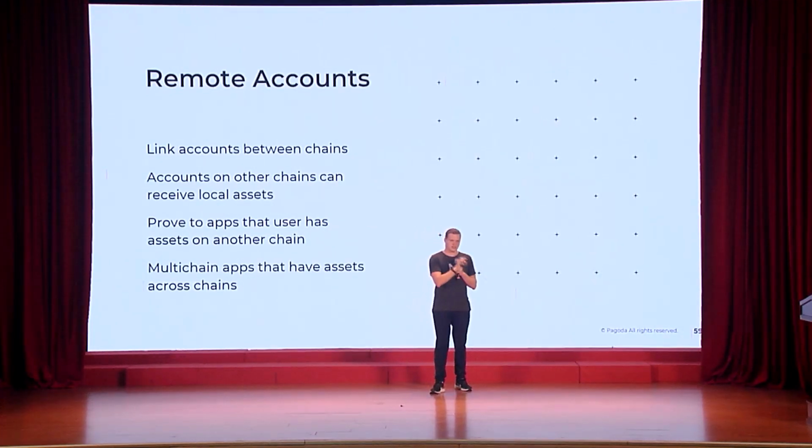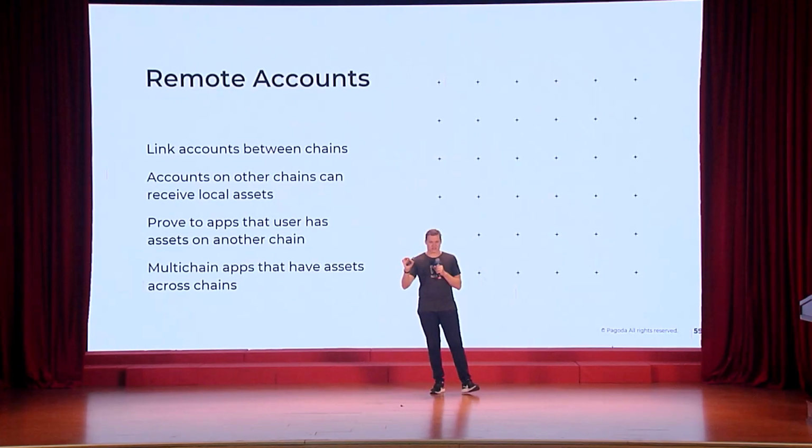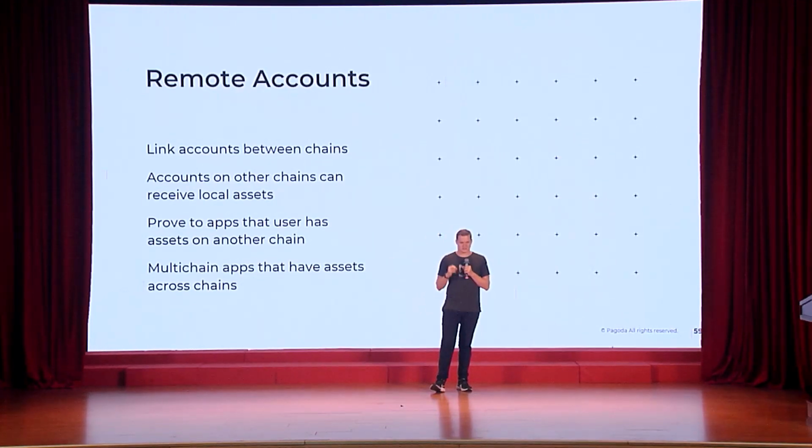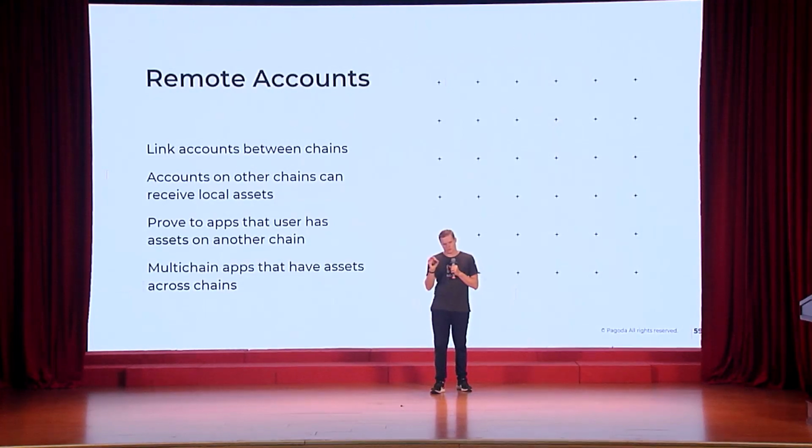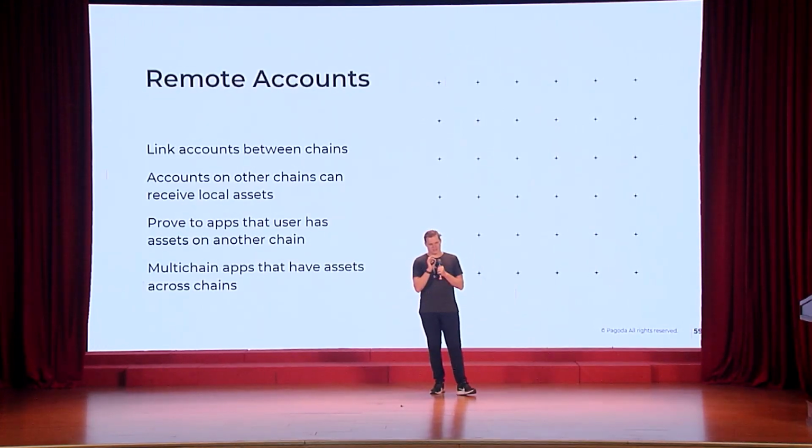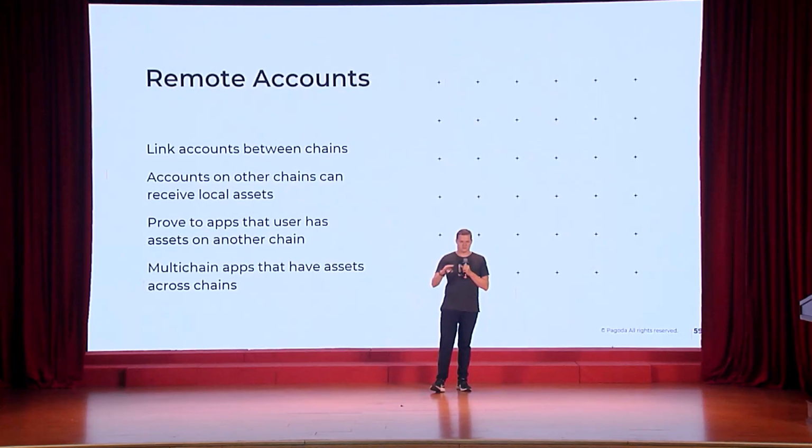And this is the idea of linking accounts between different chains and really being able to transact on one chain and route the actions on the other chain, both for the user as well as for the application. This is an extremely important part of this abstraction layer for multi-chain, to really allow users to not care exactly where they started and where the app is, and really just use the